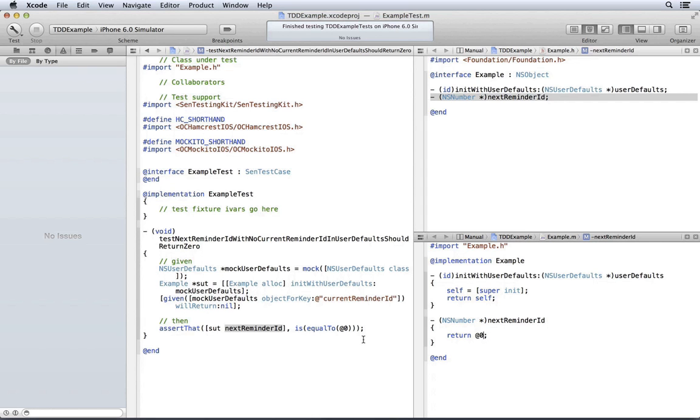Now, you may complain and say, this implementation is really stupid. Yes, it is. That's because it satisfies in the cleanest way all the tests we have so far. So you see, as we continually refactor, we keep the code as clean as possible. In fact, step 3, I forgot, is to refactor the code. There's really nothing to refactor yet because we're just getting started. So let's move on. That's the end of test 1.